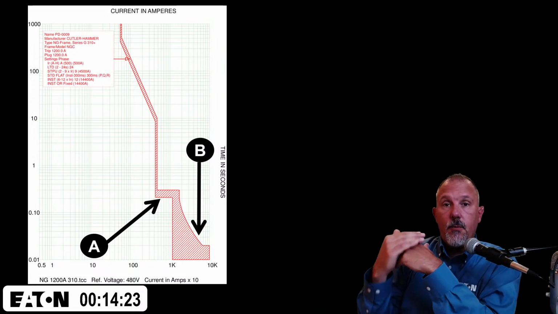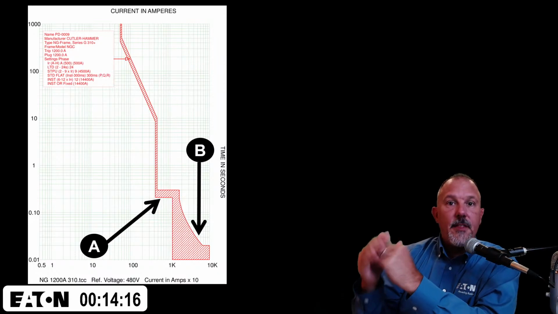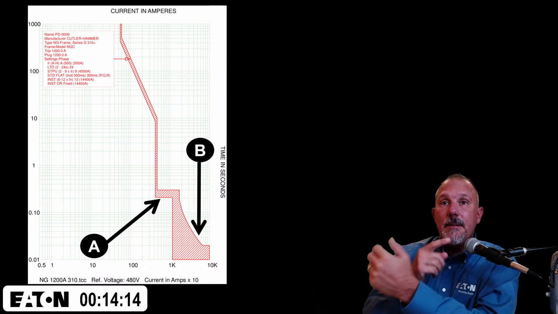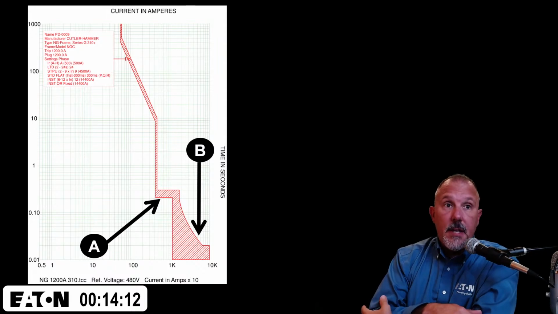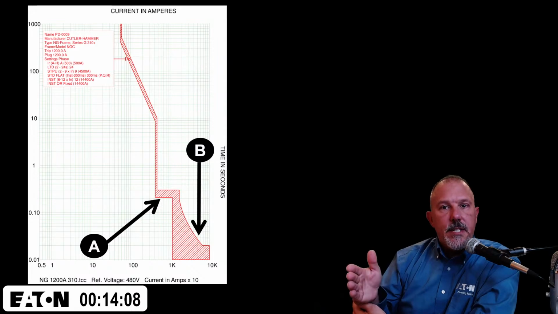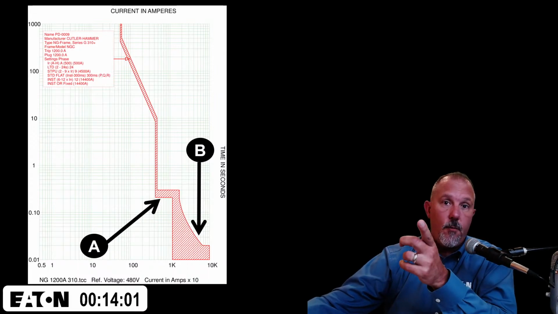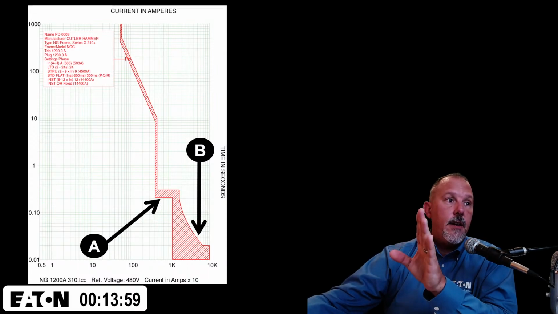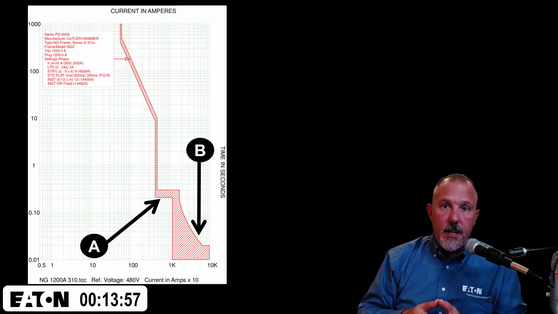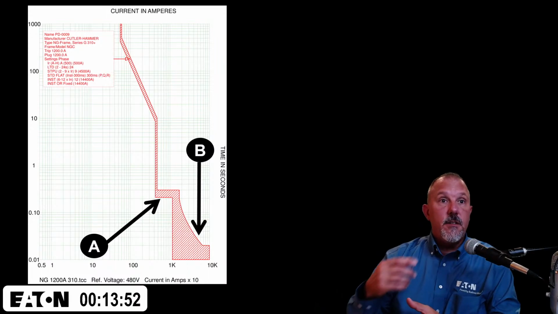That would be a withstand rating, a short time delay setting that ends at the interrupting rating, and they're both the same. In some cases, like in this case here, the interrupting rating is much higher, but the short time delay doesn't go all the way to the interrupting rating. I think that is what they're talking about, where you could have an interrupting rating that is equal to the withstand rating, and you could have a withstand rating that is less than the interrupting rating because of the